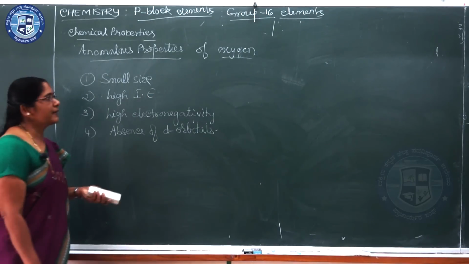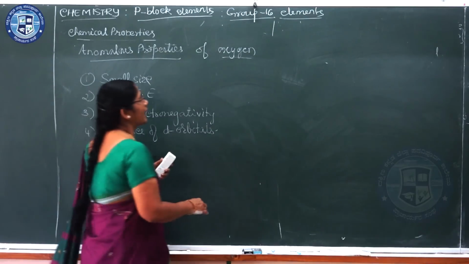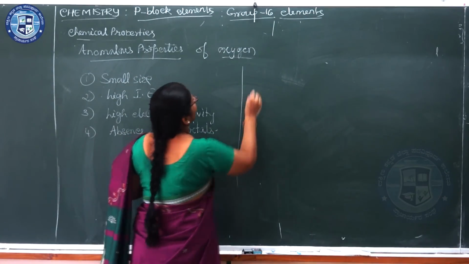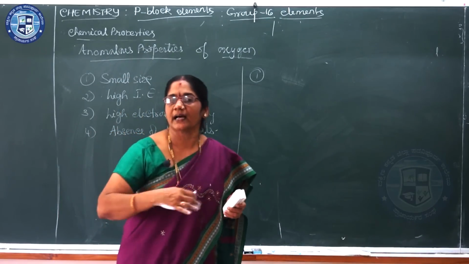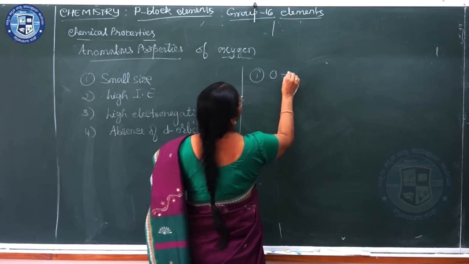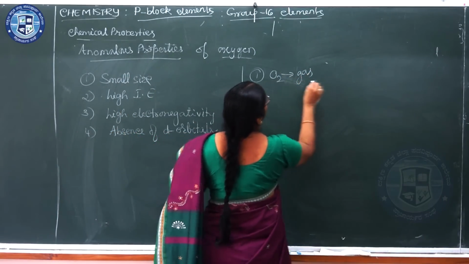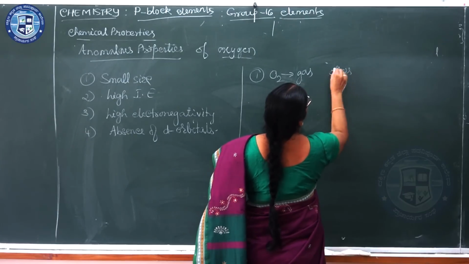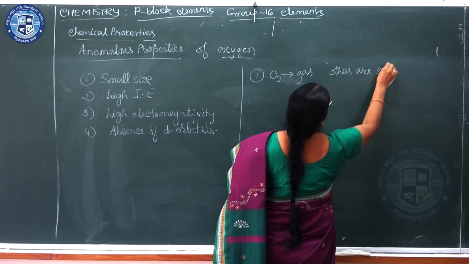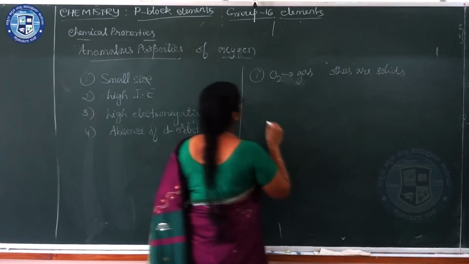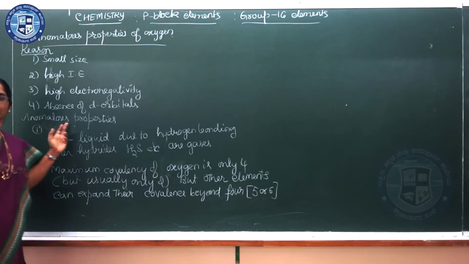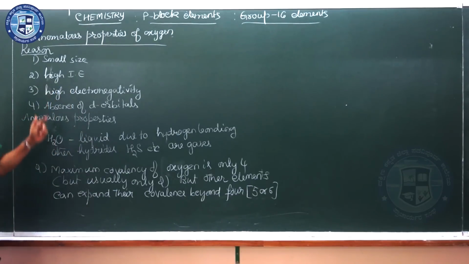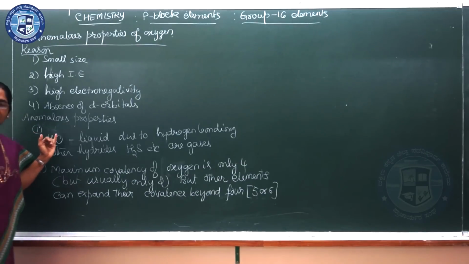So which are the properties which are different from the other elements, that we'll see. Normally oxygen is a gas and all the others are solids. Oxygen is a gas and others are solids. Because of anomalous properties of oxygen,